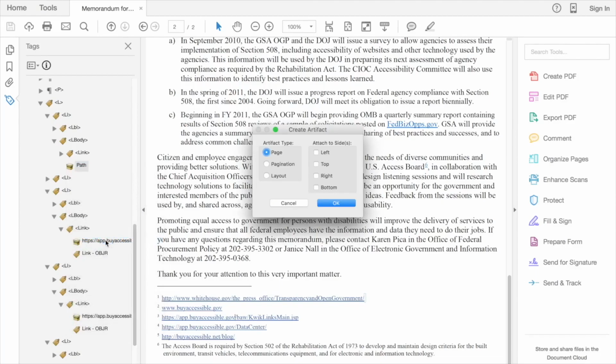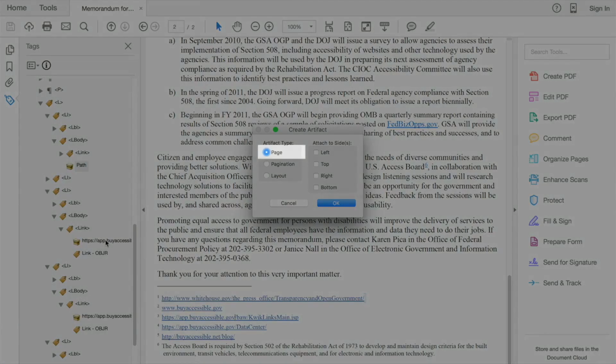The Create Artifact dialog box appears, and we're presented with options for the type of artifact it is. Since assistive technology has its own ideas about how to deal with this sort of content, the type of artifact we use is important and should be available to them so they can deal with these artifacts in their own special way. A page artifact includes content that is relevant to the page itself, like crop marks or color bars. A pagination artifact includes content that relates to page location, like repeating header or footer content or page numbers.